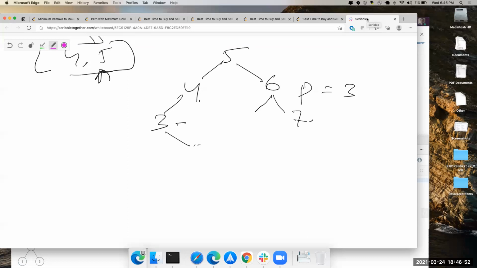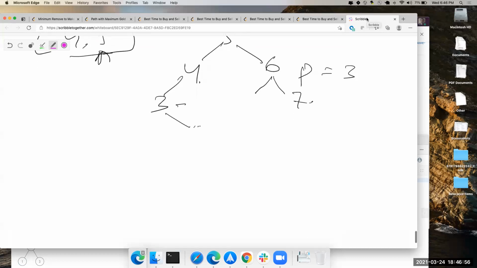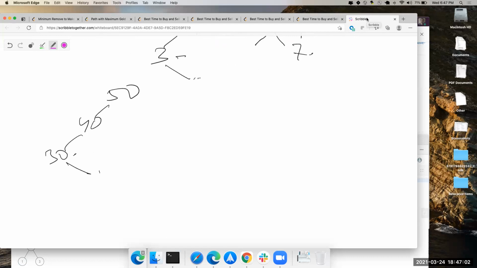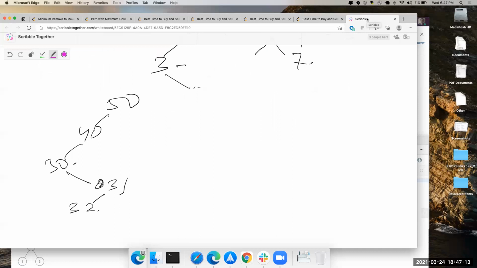You mark your solution as 5, and then you change your root to be 4 because you have to go to the left side. Say your root value is still greater than your given node value 3, so you will mark your result to be 4 now, and again you can leave whatever is on the right side.